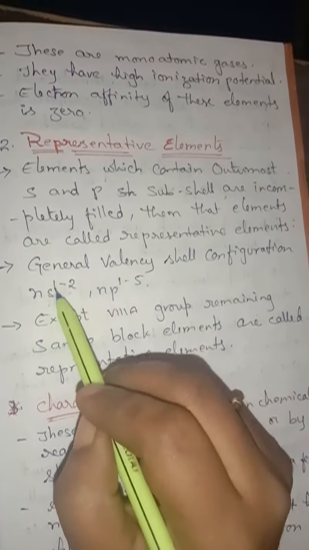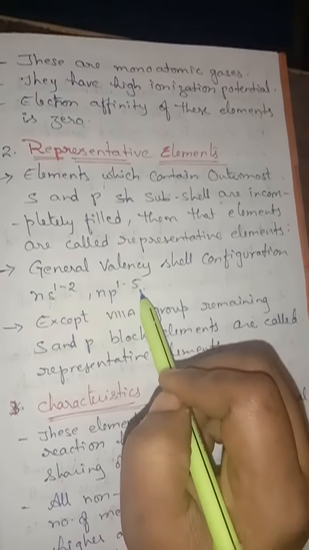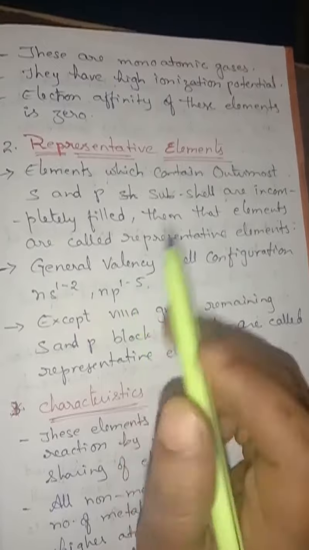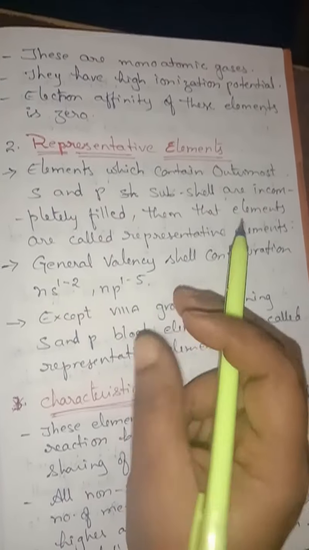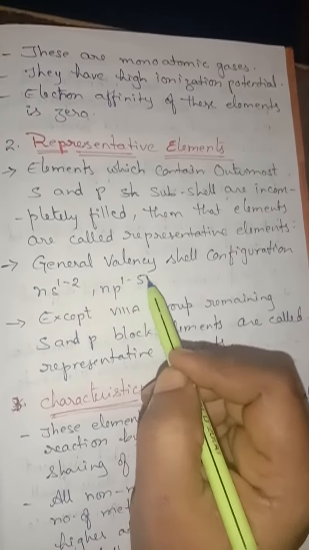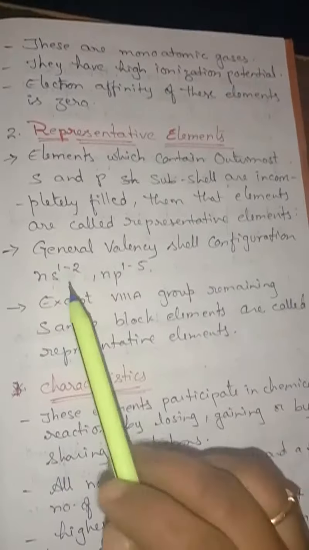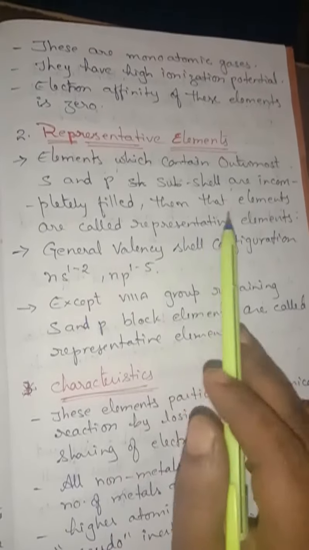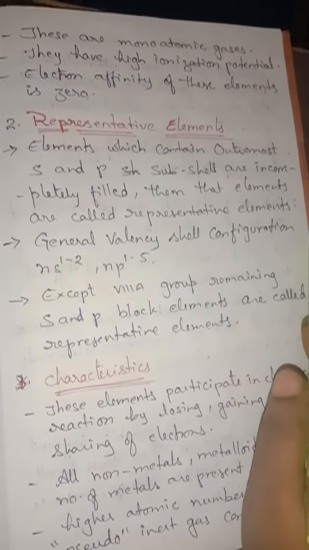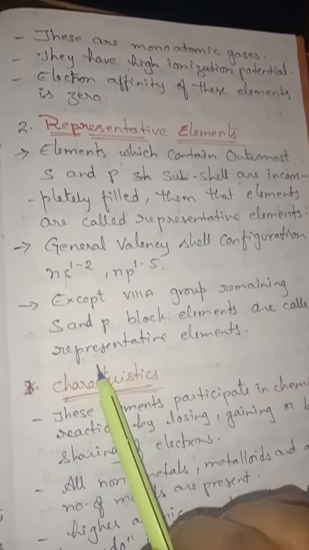That is why ns1-2 and np1-5, isn't it? So here 1 to 6 means that it will be completely filled, but it is about 1 to 5 only, isn't it? That is why they are called as representative elements. Next, except 8A group, remaining s and p block elements are all representative elements. So s block elements 1A, 2A, 3A, 4A, 5A, 6A, 7A, up to 7A, all the elements are called as